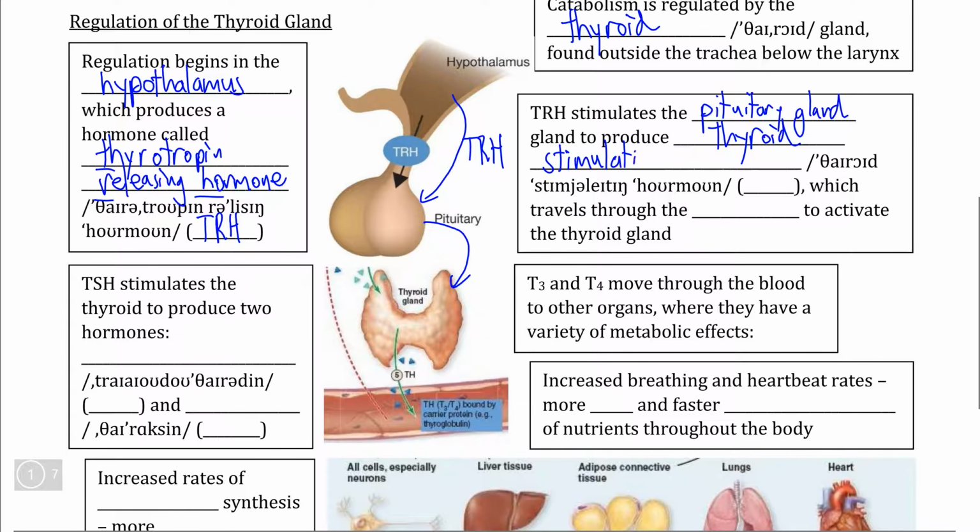And this name actually is rather helpful in telling us what the hormone actually does, in that it is a hormone that stimulates the thyroid gland in order to become active, and we can give it another easy to understand initialism. TSH is what we will call thyroid stimulating hormone, which again is released from the pituitary gland